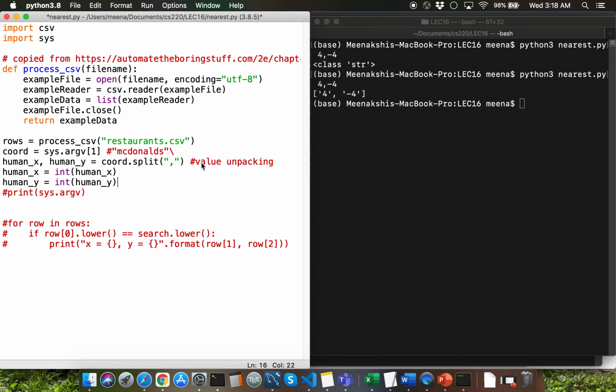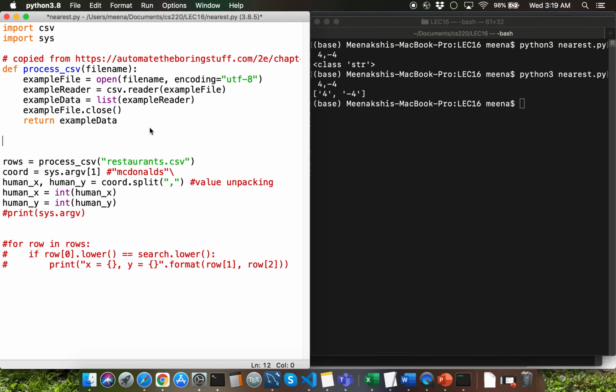We just need to define Euclidean distance between 2 points which have xy coordinates, correct? I'm sure all of you remember the Euclidean distance formula. That's simply going to be square root of x1 minus x2 the whole squared plus y1 minus y2 the whole squared, correct? Let me define a distance function which is going to include four parameters of x1, x2, y1, y2.